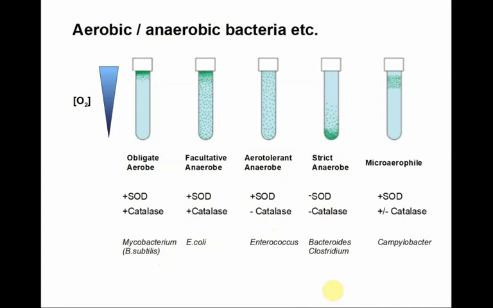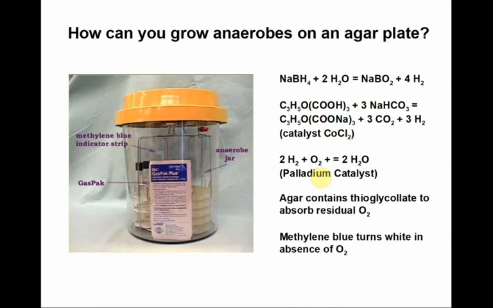You put the bacteria on the top of the agar and put that in the incubator. So all the bacteria that grow on there are in direct contact with atmospheric oxygen. So strict anaerobes and microaerophilic bacteria will not grow under standard conditions on an agar plate. So how do you get them to grow? Well, you have to use some kind of setup like this,